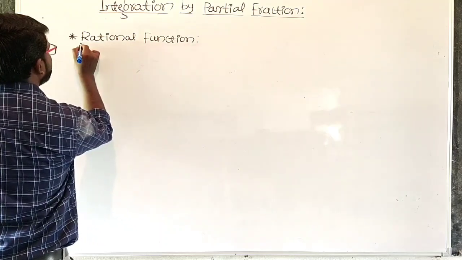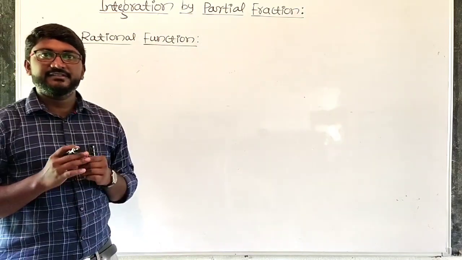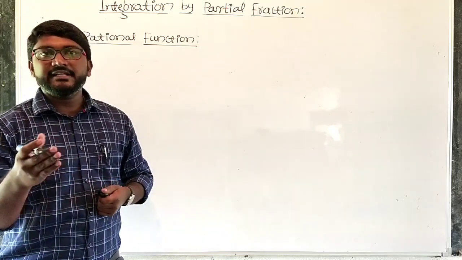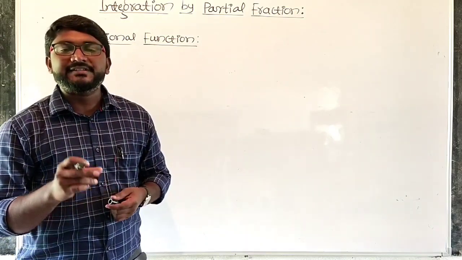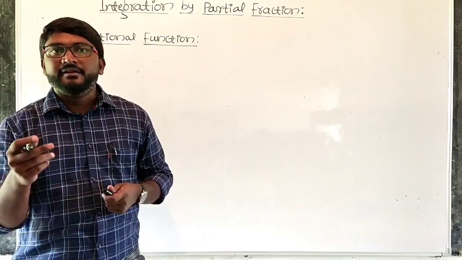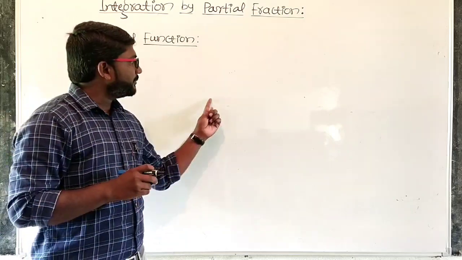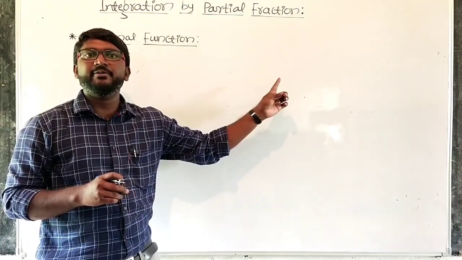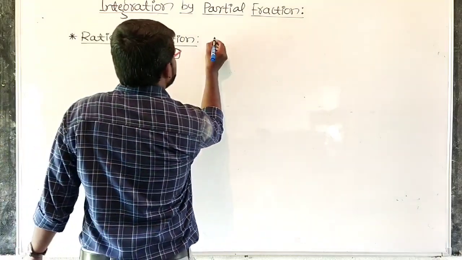This we have studied in our first PUC second chapter, that is types of functions. What is the exact meaning of a rational function? The functions which are written in the form p of x by q of x are called rational functions, where p of x and q of x are polynomials in x and q of x should not be equal to 0. If the denominator becomes 0, the function is not defined. That is why we are writing q of x not equal to 0. So let us give the definition now.